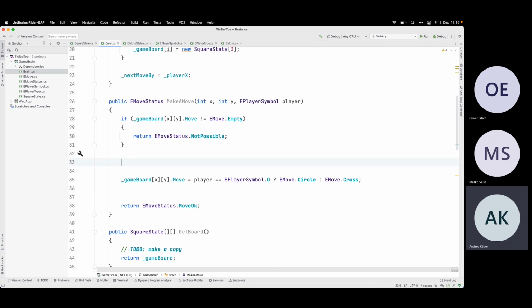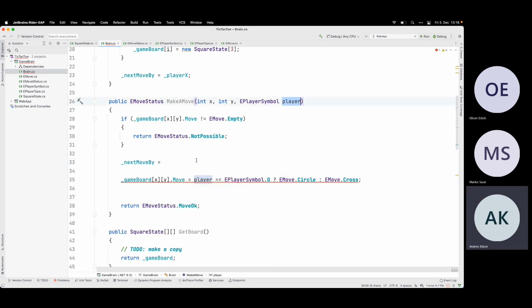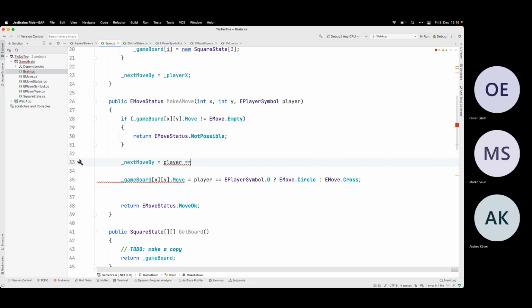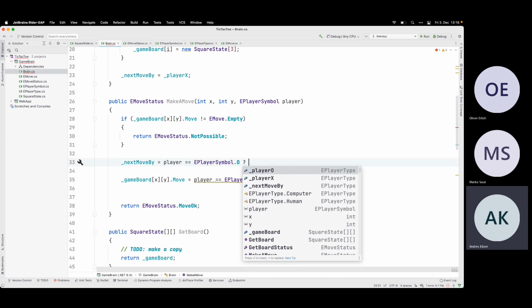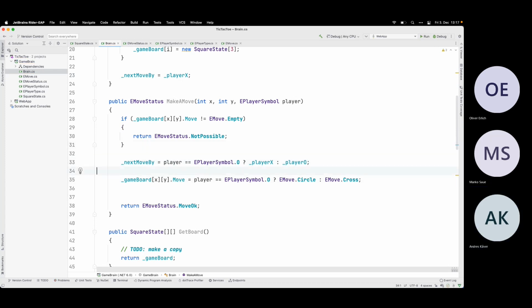So let's do this. If the move is now made, so that will be the next move by.